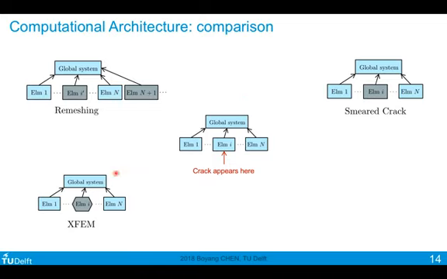In XFEM, when the crack appears, you enrich the interpolation of this element I. So the degrees of freedom of this element are already pre-allocated before the analysis. You don't have the growth in size, as in the case of remeshing, but you do change the interpolation of your solution during the analysis when the crack appears.